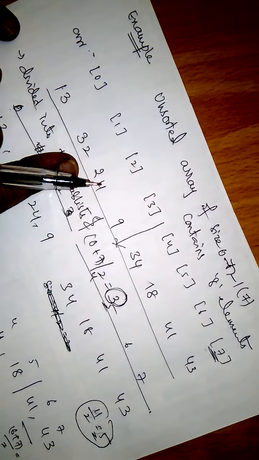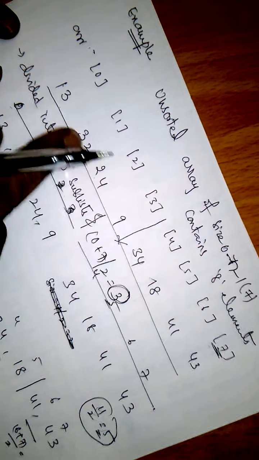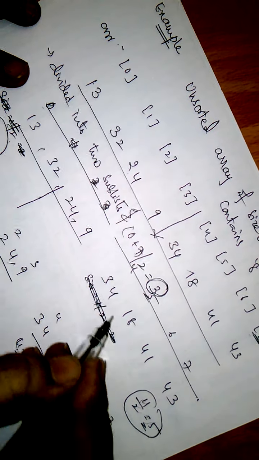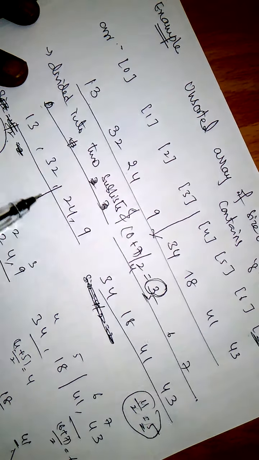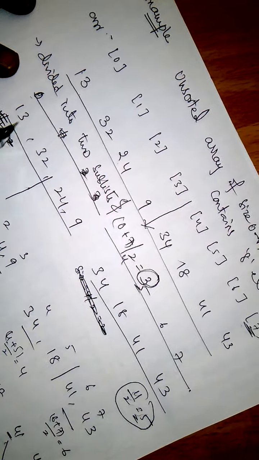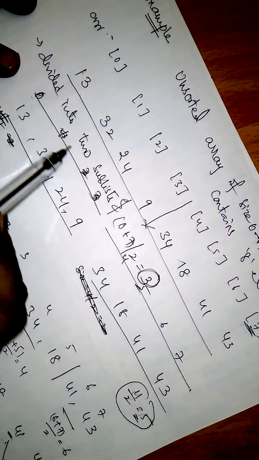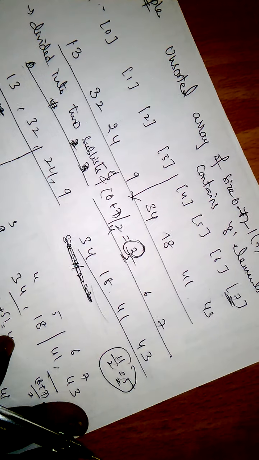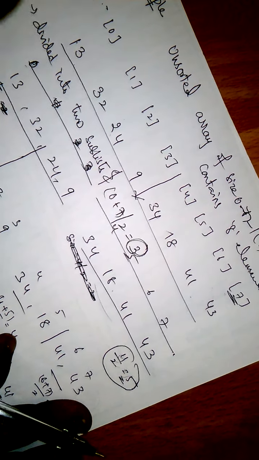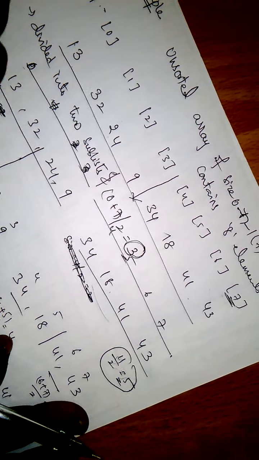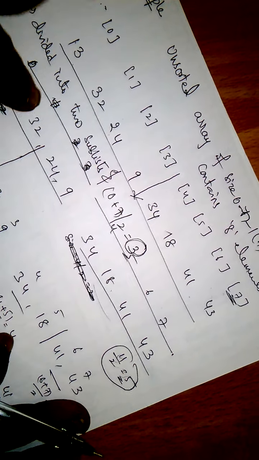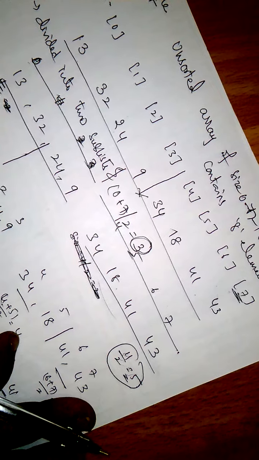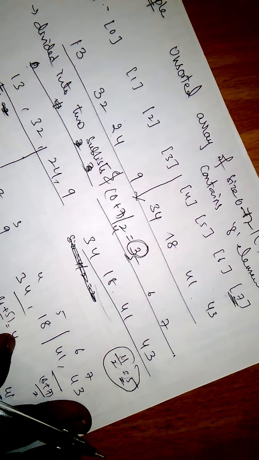Okay, so after partitioning or breaking this list, we get the elements like this. The first part of the array is one sublist, the second part of the array is another sublist. Now again we have to partition these into sublists until we get a sublist with only one element, a singleton sublist.